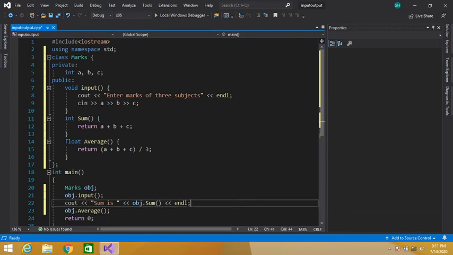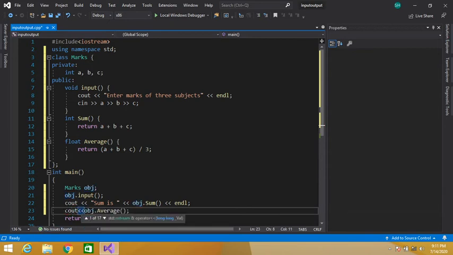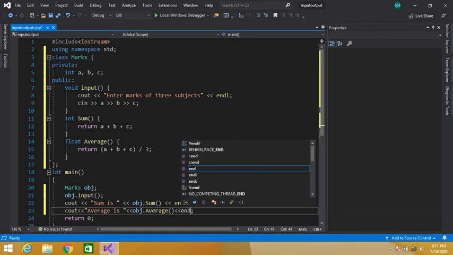Similarly, we have to display the average on the console window. So cout, the console object, is used to display. Average is, average, and here we will start a new line.